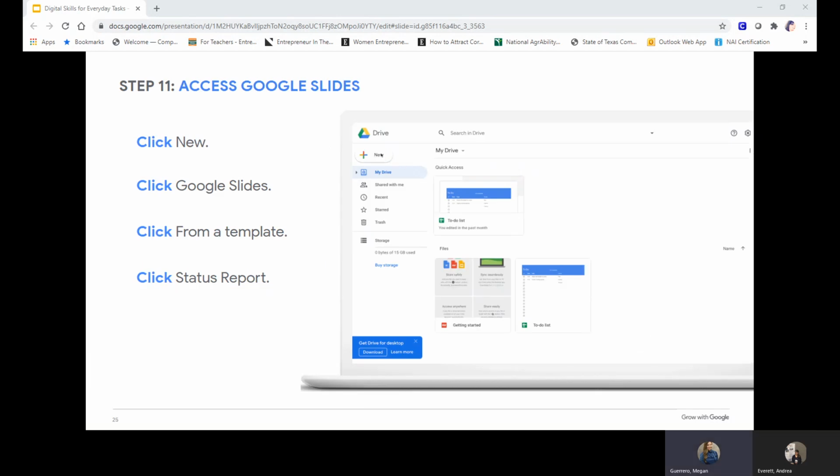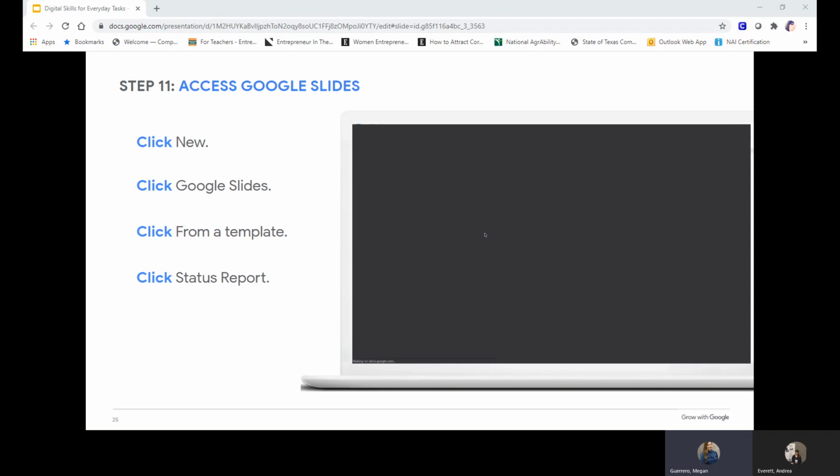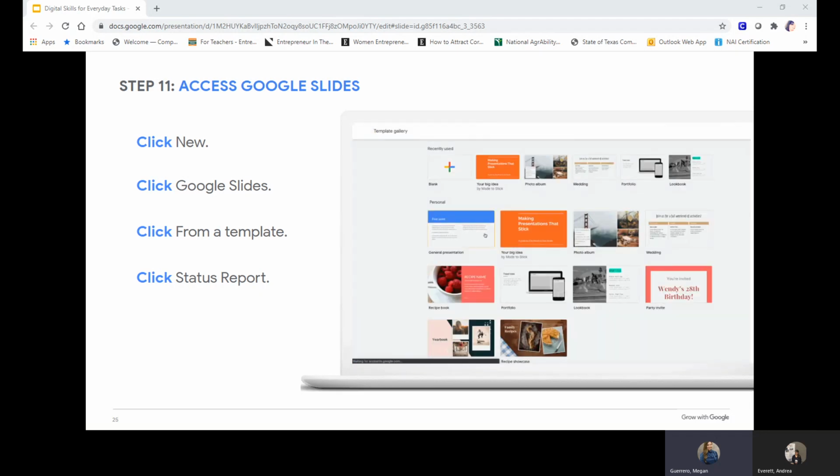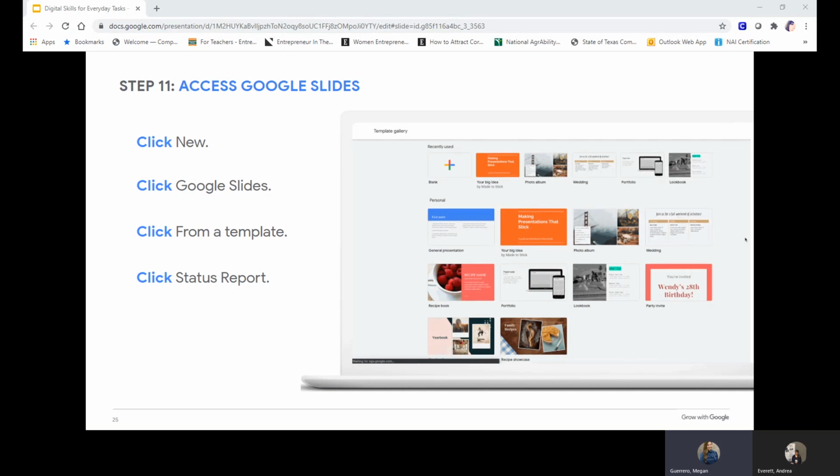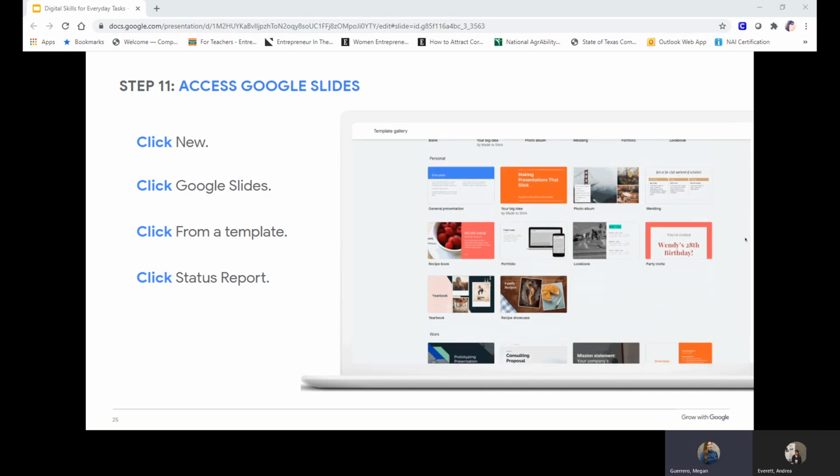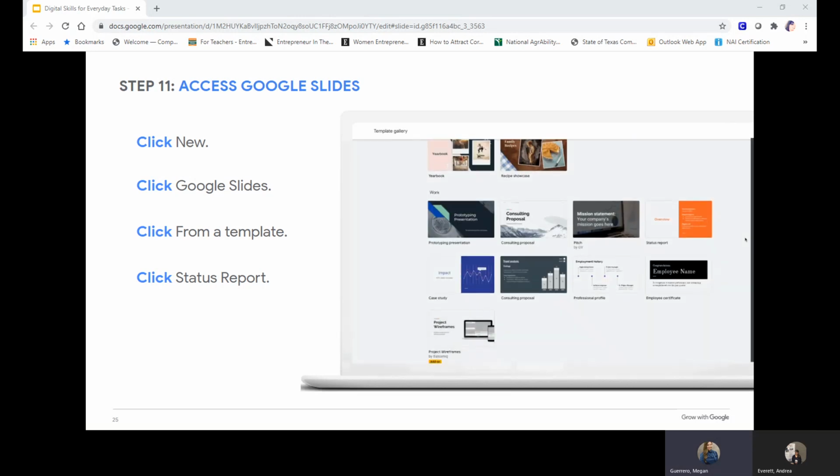As with our other projects, we are going to start off with a template to help with some of the overall design and basic elements. From your Google Drive, select New, Google Slides, and From a template. This opens the Google Slides template gallery.